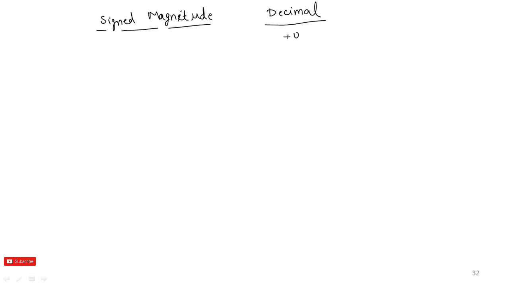Okay, so how to represent plus 0? How to represent 0 in 4-bit? I am taking 4-bit binary system. Plus 1, so 1, and this MSB is the sign bit. It represents whether the number is positive or negative. Similarly, how to represent +7? 1 1 1 and 0, okay.